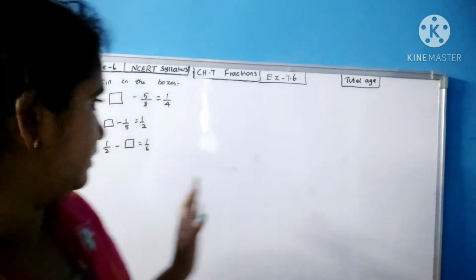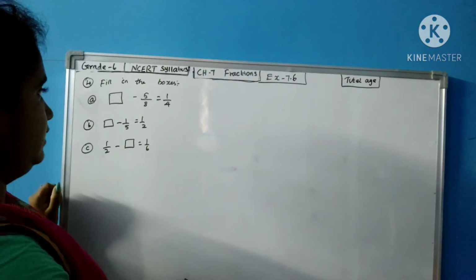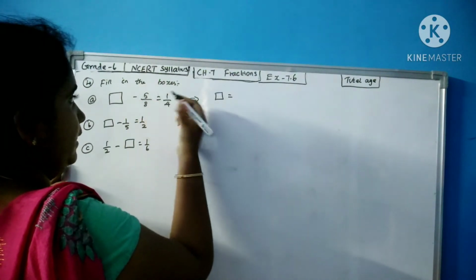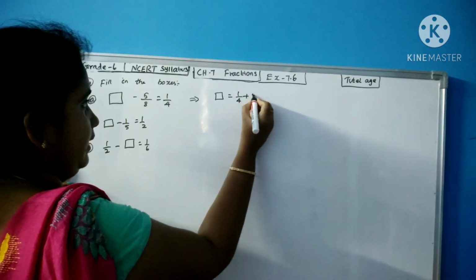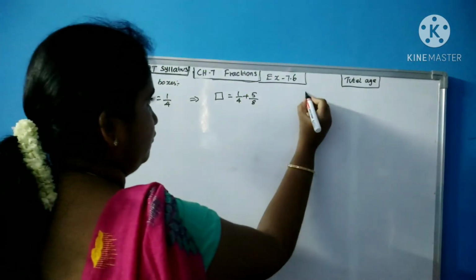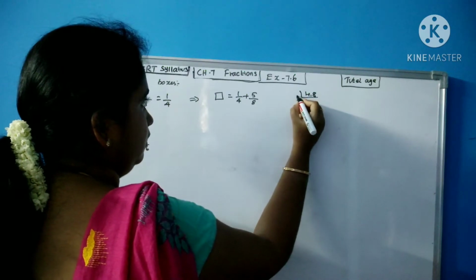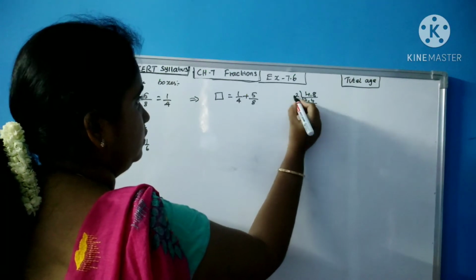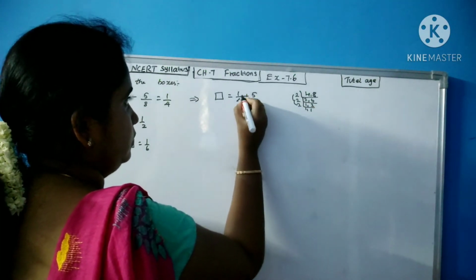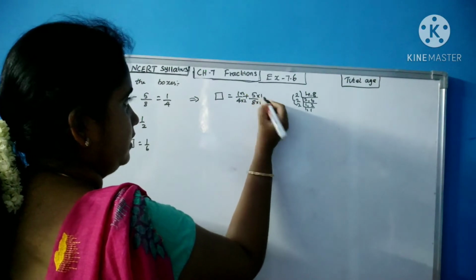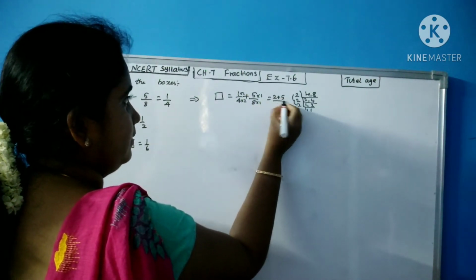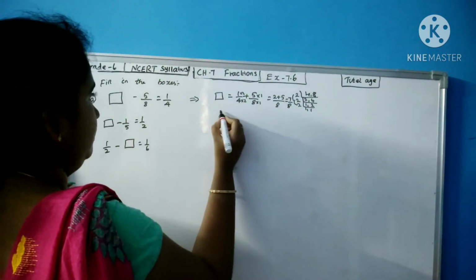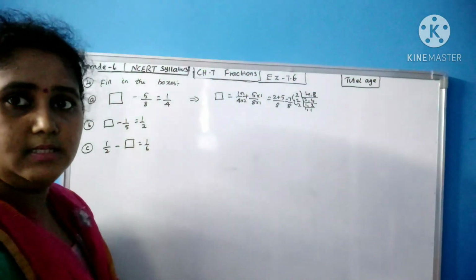Now we will see the fourth sum. Box minus 5/8 is equal to 1/4. What you have to do is keep the box as such. Minus 5/8, if it comes to this side, will become plus 5/8. So you take the LCM for 4 and 8: 2, 2 to the 4, 4 to the 8, again 2, 1 to the 2, 2 to the 4, again 2, 1, 1. So 2 to the 4, 4 to the 8 is the LCM. Here 8 into 1 is 8, here into 2, so 2 plus 5 divided by 8, that is nothing but 7/8. So what will come in the box? 7/8 is your answer.